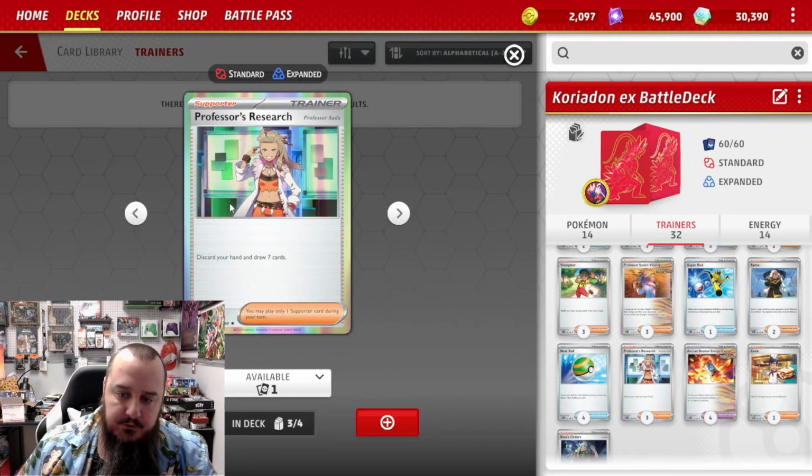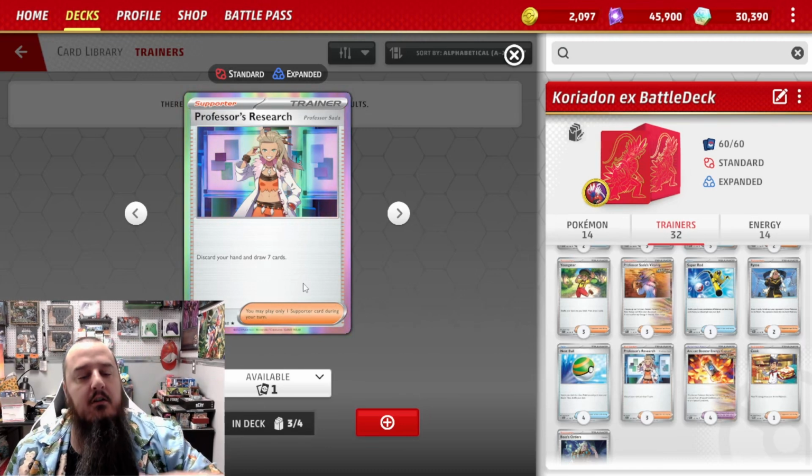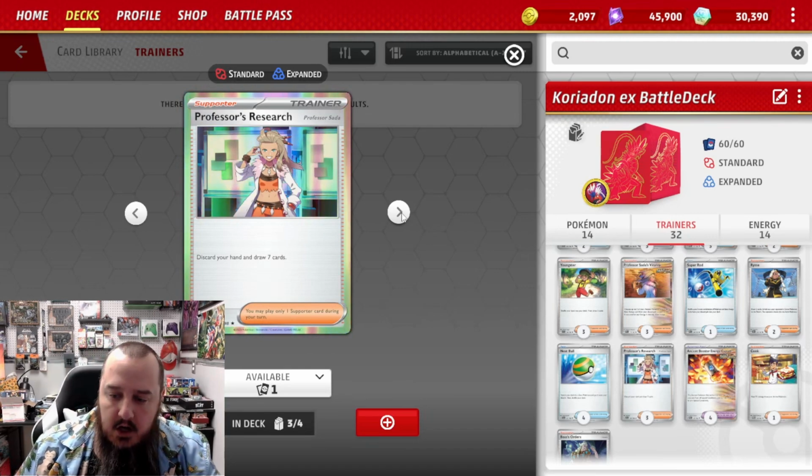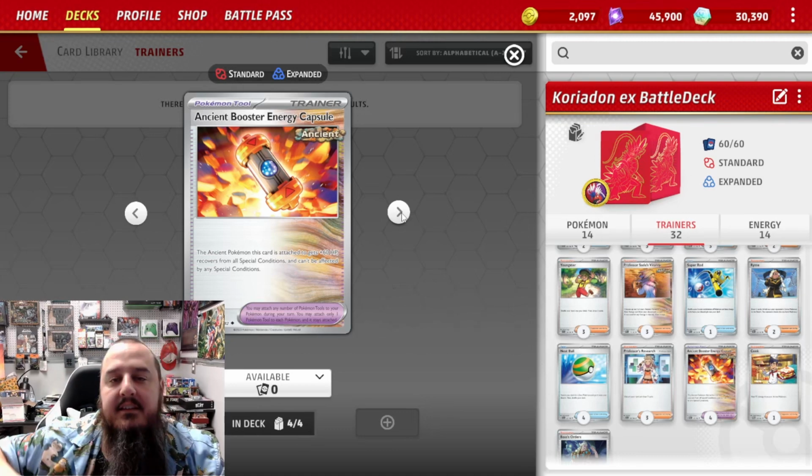3 copies of Professor's Research, this should be 4 of. Professor's Research, best draw card in the game, blah, blah, blah, blah. Fantastic card. We've got 4 copies of Ancient Booster Energy Capsule, and what that does is it gives your Ancient